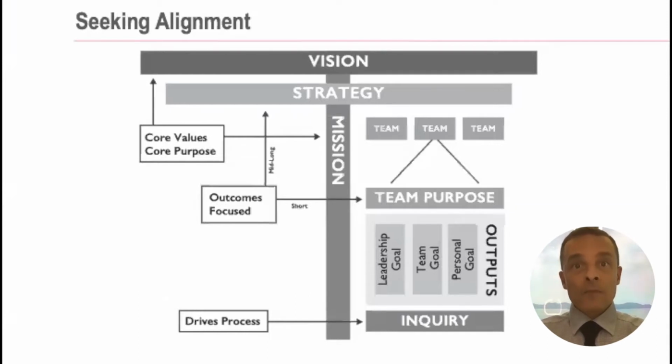So when we articulate those big picture ideas, what does it look like for us in the classroom? Now, as a middle leader, your job is to try to marry those two, the reality on the ground with the expectations from above, and try to find the goals, not only for our team, but for our individuals and for us as leaders, that aligns it all the way top to bottom, bottom on up. Because the more we're aligned, the more likely we are to have buy-in throughout the whole school year, as well as to get the support we need from senior leadership for time and resources to actually realize the outcomes that we've set with our team.